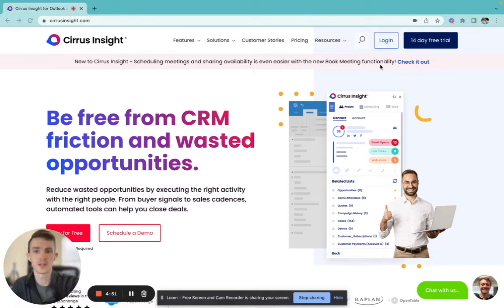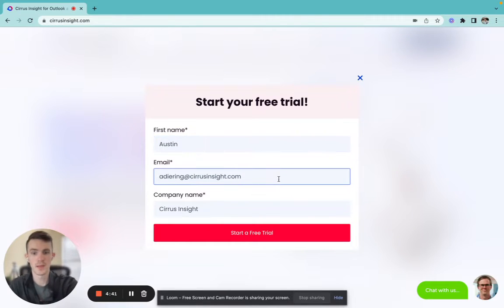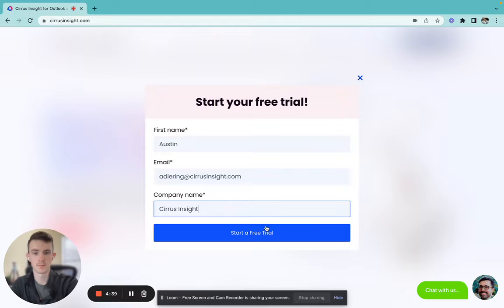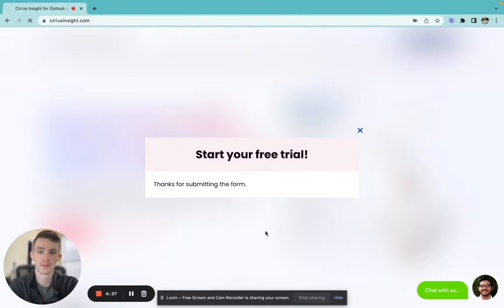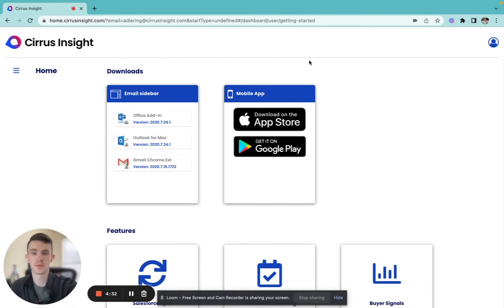First, let's navigate to the Cirrus Insight website. Then, we're going to go ahead and click the 14-day free trial. Then we're going to enter our first name, our email, and our company name, and select Start Free Trial. Then, if this is your first time setting up a free trial, you'll be prompted to answer a few more questions on screen, and then you'll be navigated to